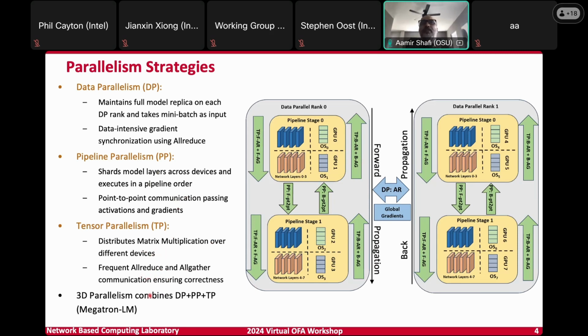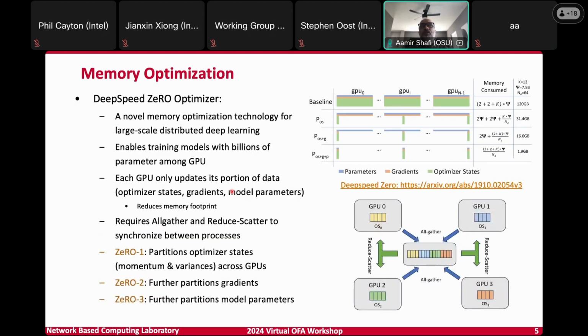So some of the state-of-the-art frameworks like Megatron LM, for example, combine these three different forms of parallelism, and collectively these are known as three-dimension parallelism. So if we now look at something like DeepSpeed software, DeepSpeed has this technology called Zero Optimizer. It basically takes data parallelism to the next step, right? So it basically has three levels of